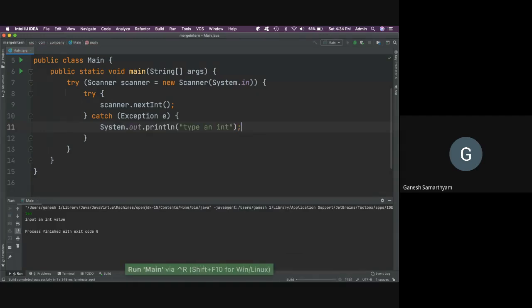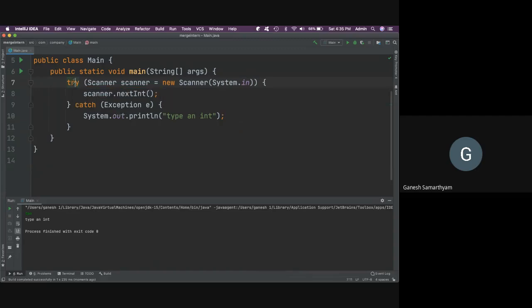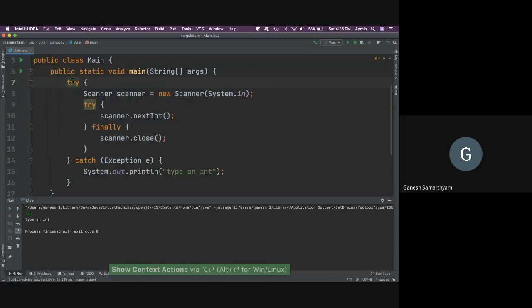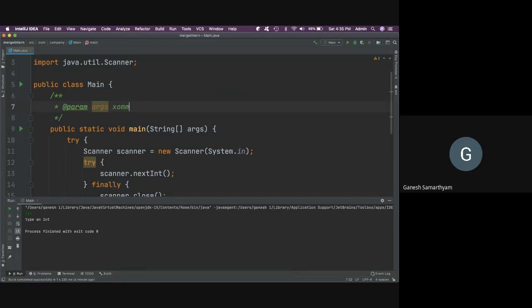Right? So this is a slightly better way because I'll be automatically closing this, instead of more effort required in breaking it into two statements and moving it, etc. And I find alt enter to be a very interesting option because it helps simplify the code much further. Like I could merge the statements, I could actually replace it with try, expand it, etc. For example, I could say alt enter and add Java doc for the main, right? So command line arguments.